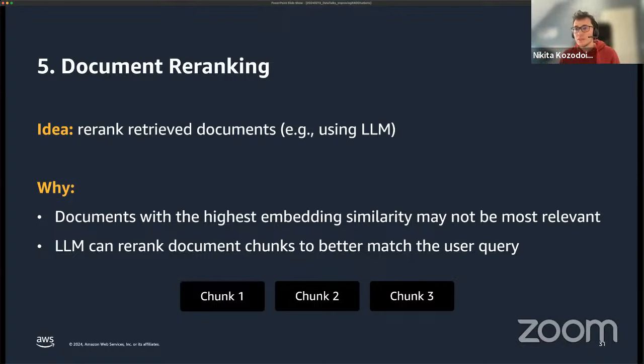And then the problem may be that when we retrieve the documents using this embedding similarity approach, the documents or the chunks will be ranked by those cosine similarities between the vectors, which is a good measure, but may not necessarily be the best measure to reflect how relevant this paragraph is for answering this particular question. It may be that we are only showing the LLM the top 5 paragraphs, but actually the paragraph that contains the answer was the 6th paragraph, and we missed that because we ordered our documents by the cosine similarity,